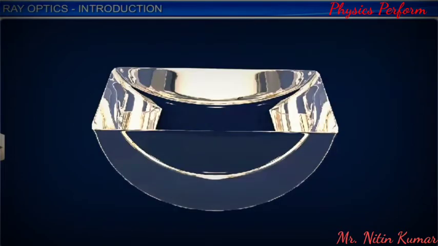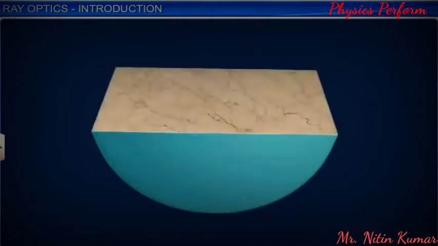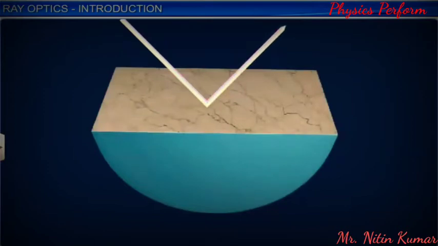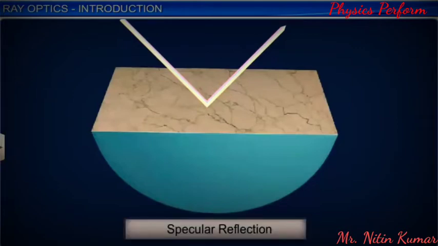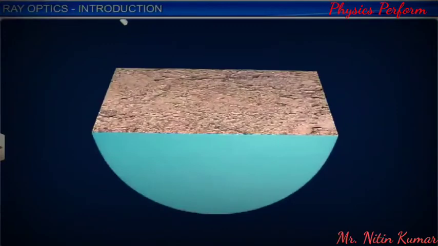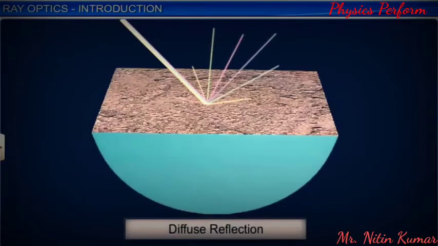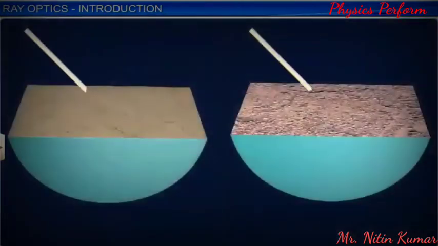If the second medium is opaque, most of the light reflects back to the same medium. When the surface is smooth, reflection takes place at a definite angle and is known as specular reflection. If the surface is rough, reflection is called diffuse reflection. Whether the reflection is specular or diffuse,